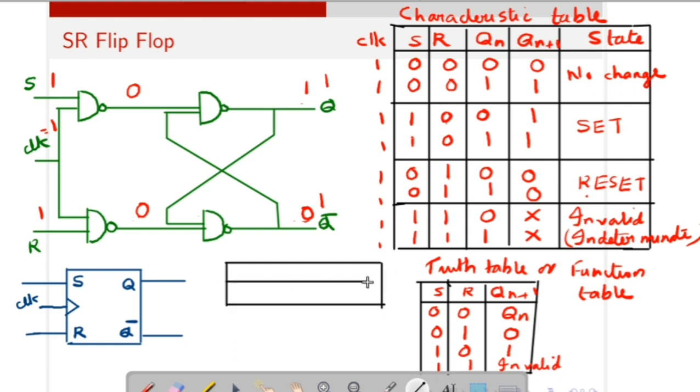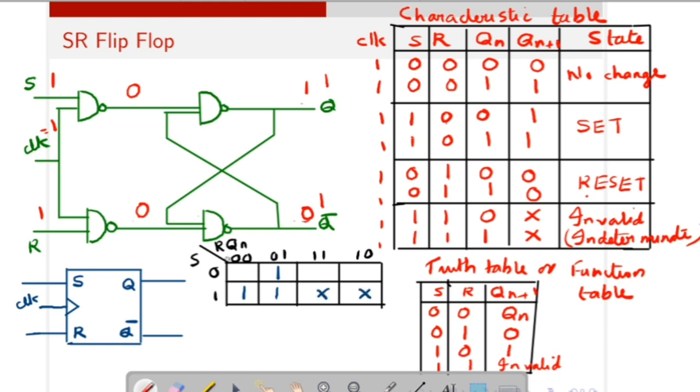Okay, so the output of the SR flip-flop depends on S input, R input and the present state Qn. So we can draw a K-map with three variables because this Qn plus 1 depends on these three factors, two inputs and the present state. Okay, so here this is S, R, Qn. It may be 0 0, 0 1, 1 1 or 1 0. S may be 0 or 1. So we can mark 1s in the squares. Qn plus 1 is equal to 1 for 0 0 1, 1 0 0, 1 0 1 and don't care for 1 1 0 and 1 1 1.